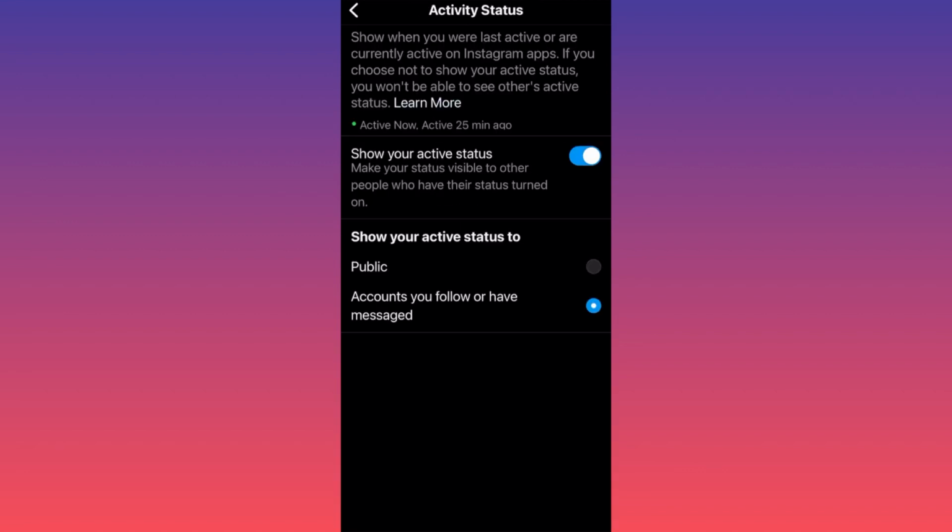Search, show activity status. Okay, this is where we end up. You want to click this off, and now it's off. Essentially, this simply means that this green light showing when you're active or not active will not show anymore. Then your friends will no longer say, okay, I saw that you're active, but you didn't message me back. What happened, right? This is how you turn this on and off,